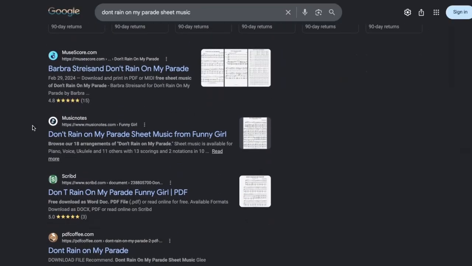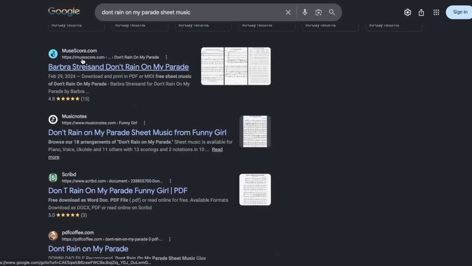Music Notes is a very reliable website. It's usually going to come up for musical theater and pop songs. However, you do have to purchase each individual song on Music Notes. There is no paid subscription option where you get access to their full library. So I love Music Notes. It is a great resource, but I like to think of it as more of a last resort, especially because as my student, you'll have access to my subscriptions to MuseScore and Scribd, which usually covers it. So we're going to skip Music Notes for now, and I'm going to walk you through what we're getting in